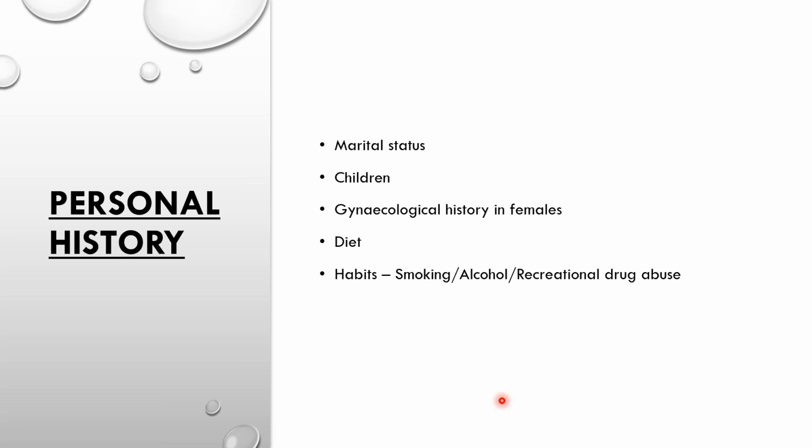Then there can be recreational drug abuse, which, when you examine, can first of all cause some sort of pupil abnormalities, either because of stimulation of the autonomic system, or it could reduce the immunity of your ocular surface. The ocular surface is supposed to be a barrier protecting you from any infection, because the tear film has so many lysozymes and immunoglobulins, and the epithelial barrier of the conjunctiva and cornea prevents any sort of infection. But people who do recreational drug abuse are predisposed to keratitis because this barrier function or defense mechanism is lost.